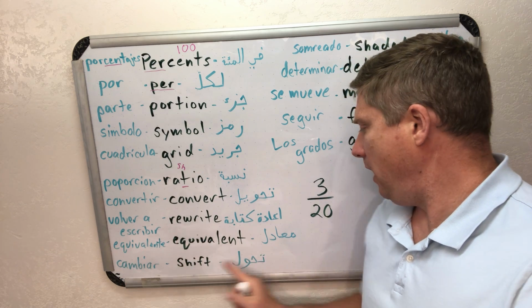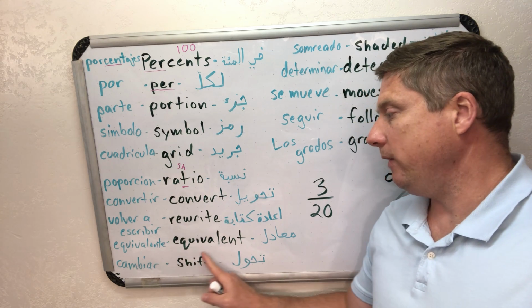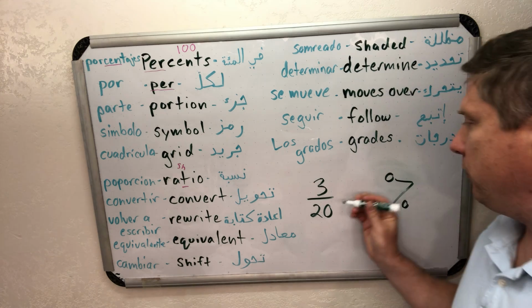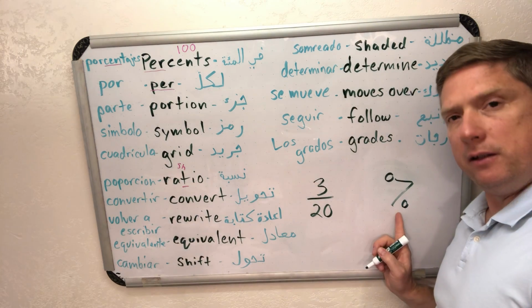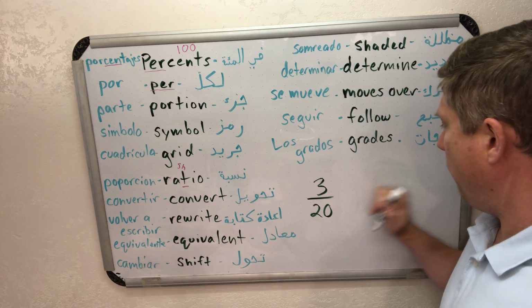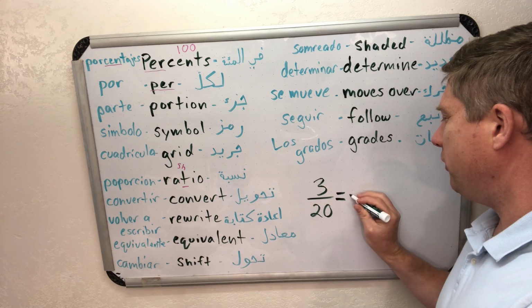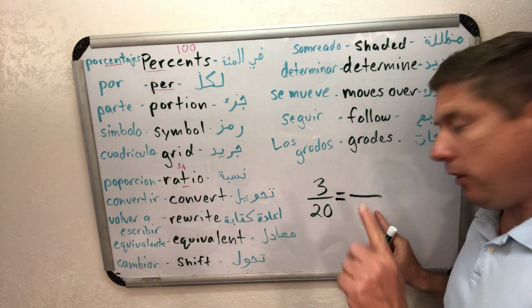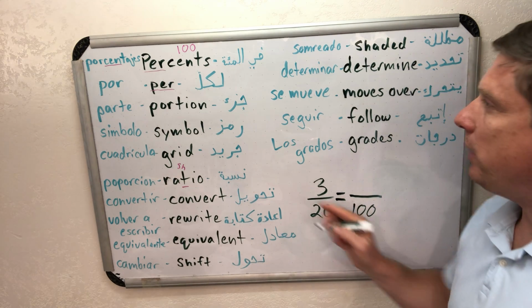And equivalente or معادلة, equivalent. معادلة. So first we have to convert this fraction to a percentage, right? We have to rewrite this fraction as an equivalent fraction with 100 as a denominator, because we're trying to find